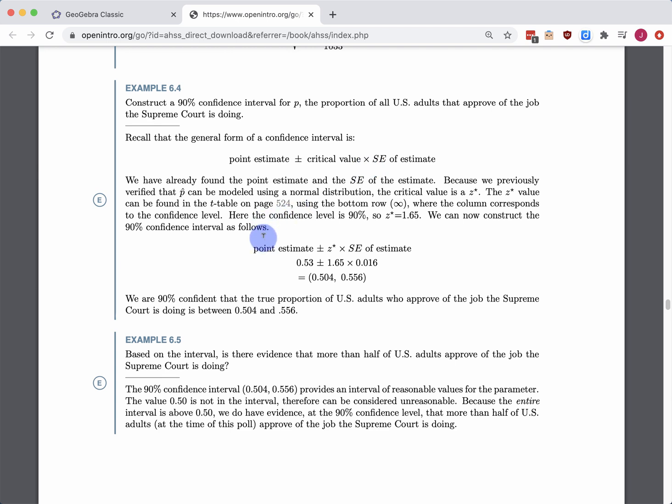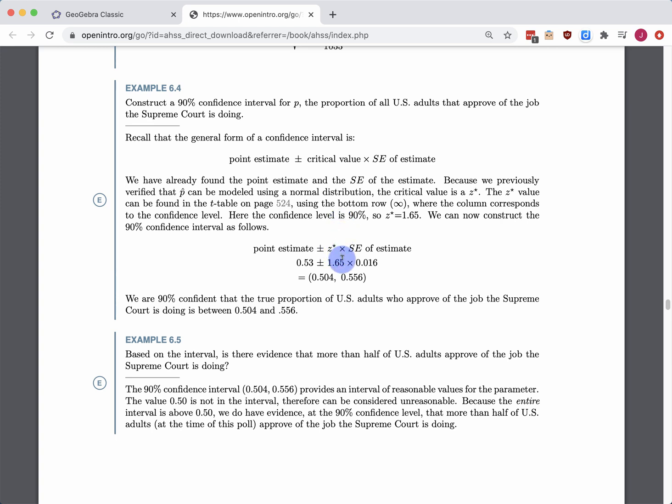Let's plug in what we know. Here's our confidence interval. We have point estimate plus or minus z star, or maybe z asterisk, times the standard error of the estimate. So our point estimate is 0.53, and then plus or minus 1.65. So where did this number come from? This is a special z-value, we call maybe z star, that puts 90% of the area between negative 1.65 and